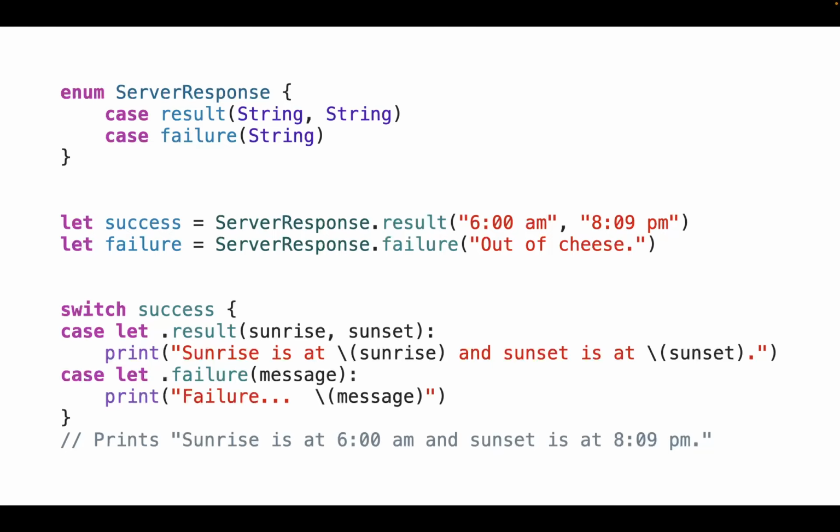And Swift will create corresponding initializers. As you can see here, for the success and failure cases, we're creating 2 different case instances right here. And then you can use the special switch let syntax to pattern match the corresponding values, as you can see down there. For example, in the switch, if the success corresponds to the result of the server response case, then